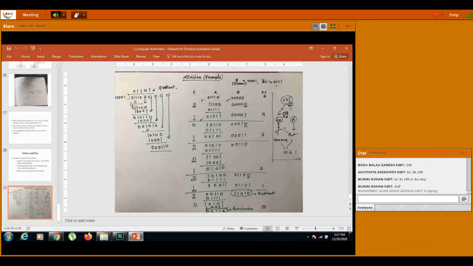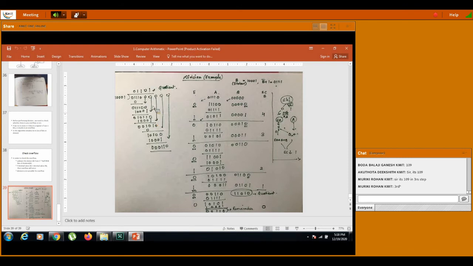So division is the same. You are going for 1001 and 10010. You are just doing a general division here. This is greater than this one, so you cannot get it. So you say 0 times this is 0. You take this and drop 0 down here. Now you are going for 1. You subtract it and you get this value.